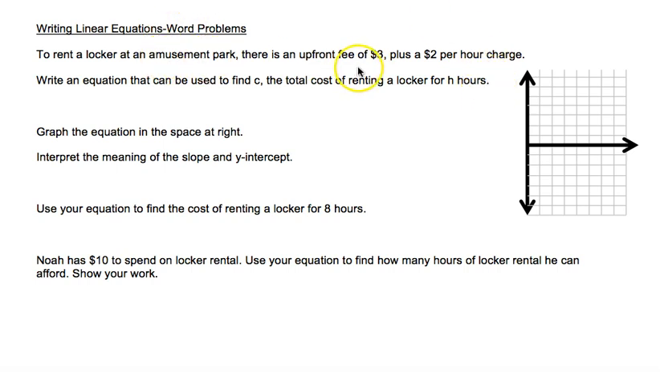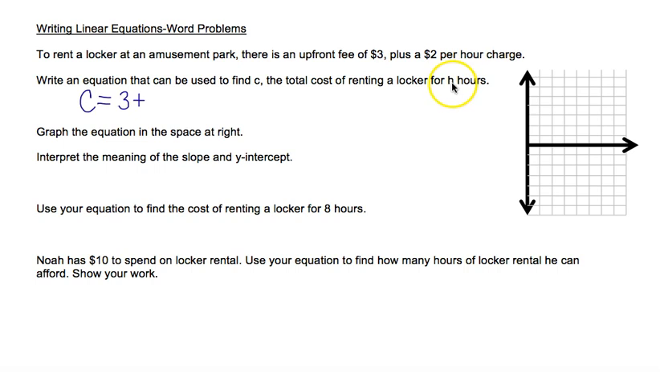So when we look at this, we have an upfront fee of $3, which is something that you just are paying one time, not every single hour. Then every hour you're paying $2 additional. So if we want to say C equals cost equals, we have $3 cost plus, then we have $2 per hour. So for H hours,